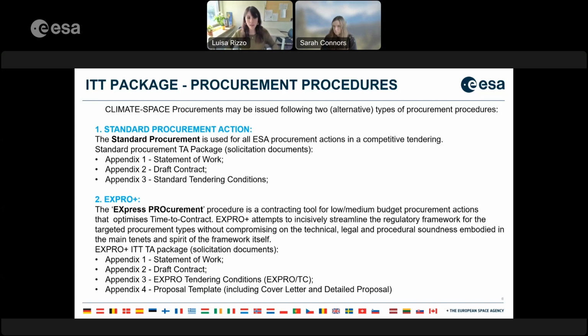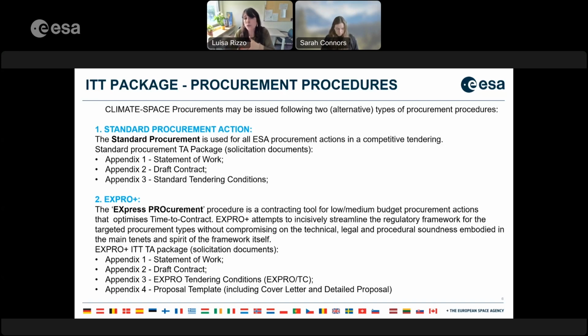if you want a suggestion, please try as much as possible to use the template that ESA provides in the ITT package. I know that some entities have their own templates, which is perfectly fine. Of course, we will not downgrade any proposal for not being equal to the proposal template we published, but for a matter of completeness